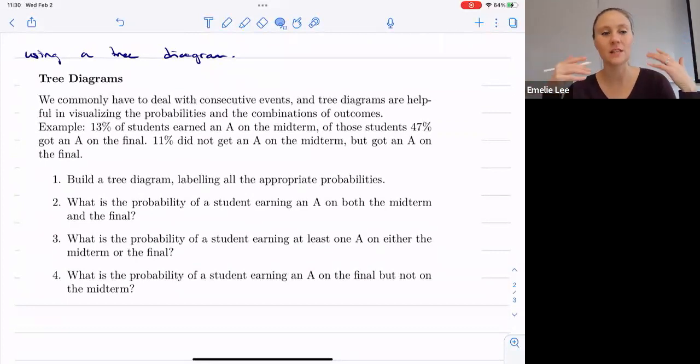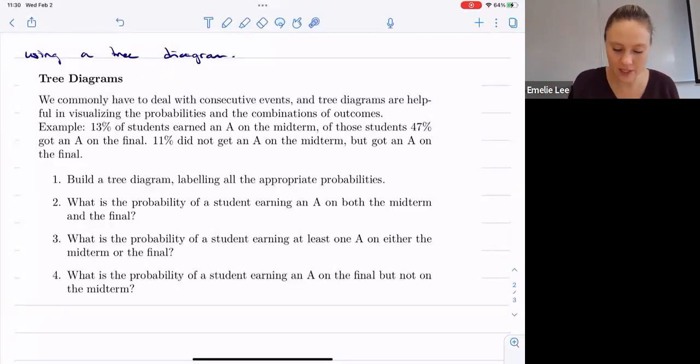And so that's when we often have these consecutive events. We can do it with independent probabilities as well, but that's more basic, because then the probabilities of everything happening would just stay the same, right? So it depends on what's going on. But for this example,